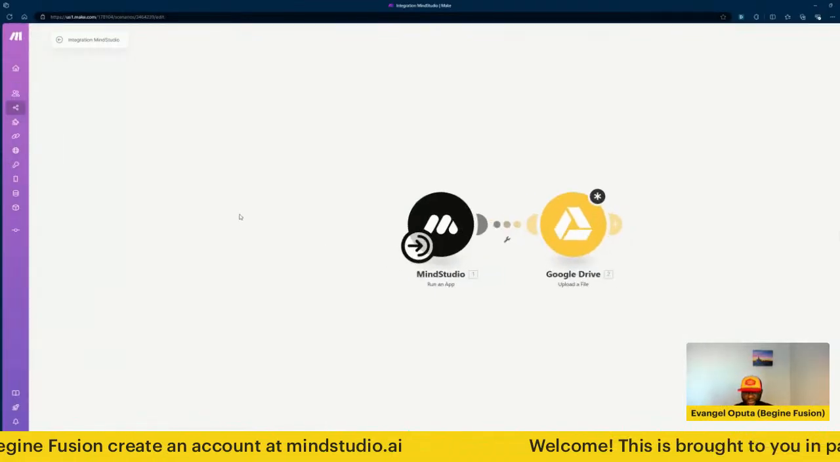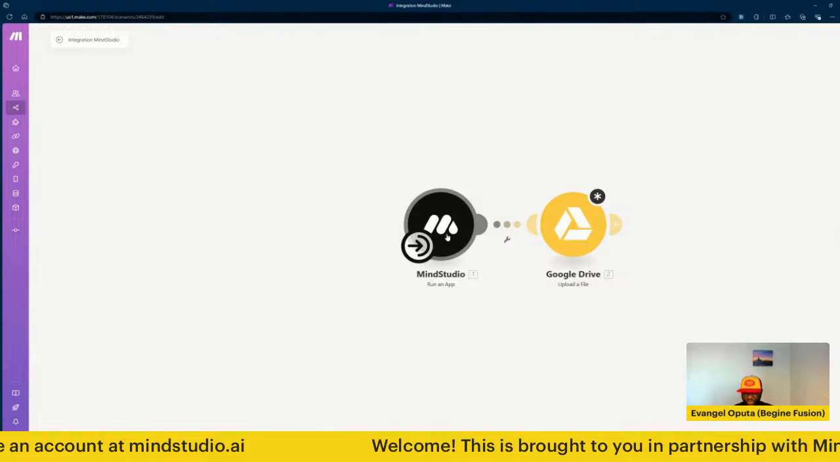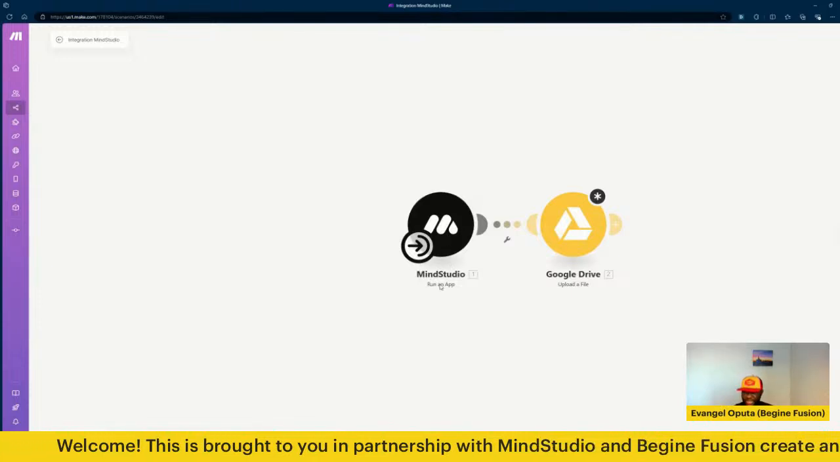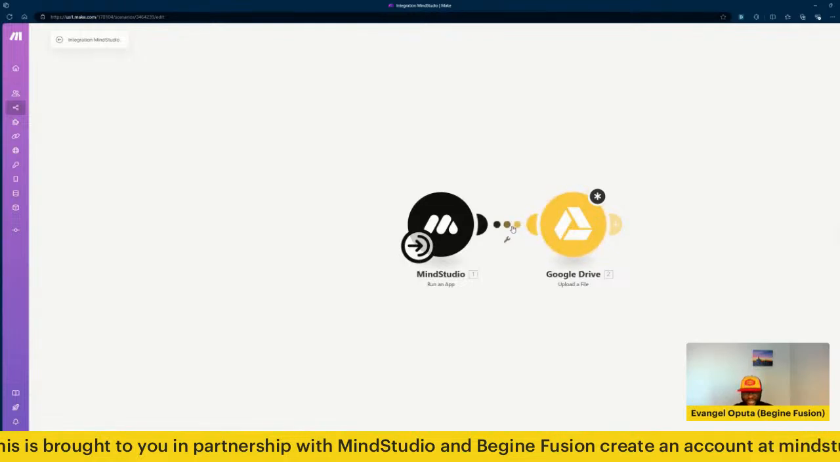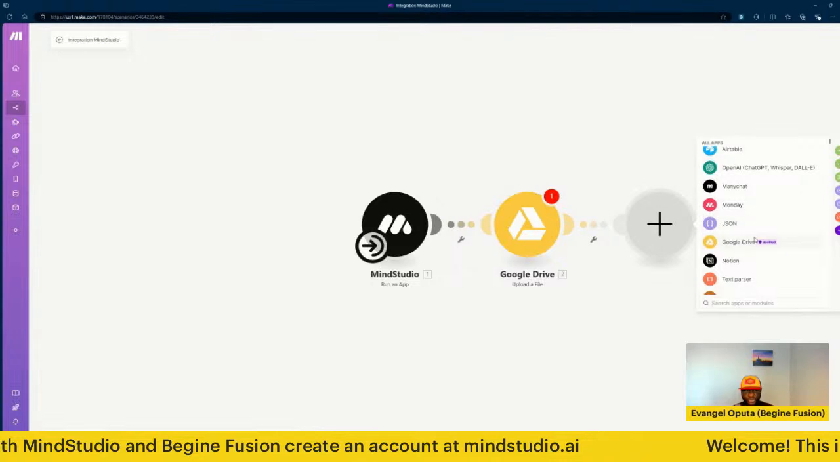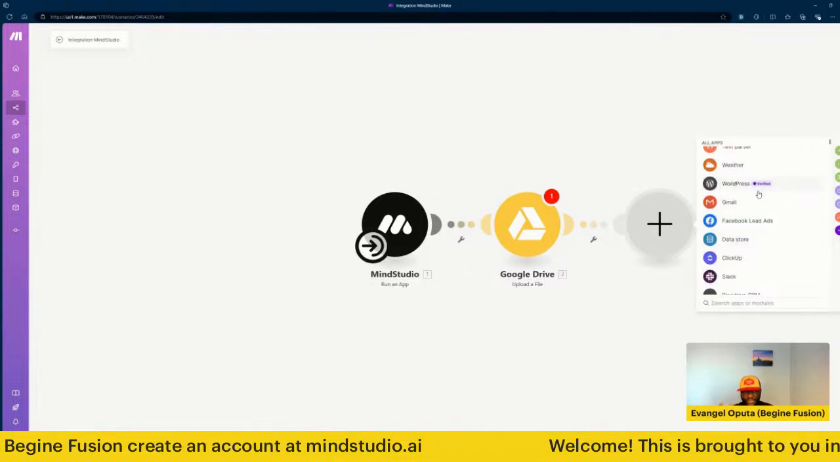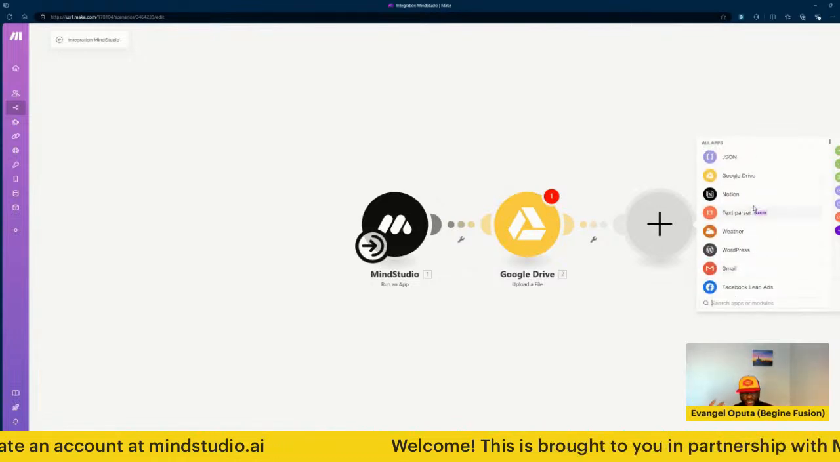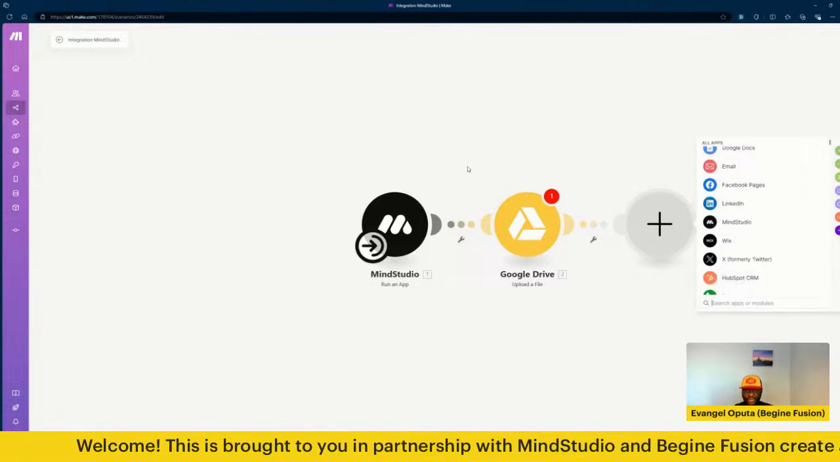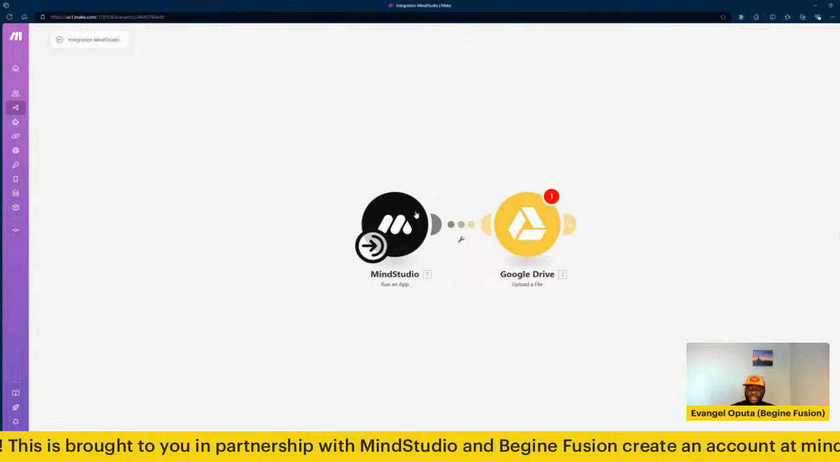When you go into Make, you can run a workflow that has already been created in Mind Studio. So let me just quickly show what that would look like. So this is Make, right? You can set up your Mind Studio to run a particular app that you have already built in your Mind Studio platform. You can decide to send it somewhere else, to your Google Drive or anything you want to do with it. You know, send something to your Gmail, send something to Notion, what have you. So you can definitely use it with